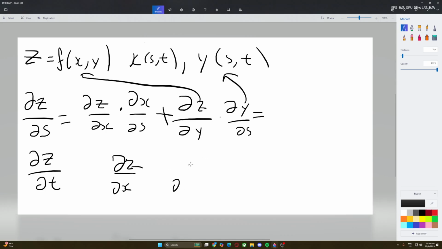And then the partial x over partial s, this s is responding to x where x is